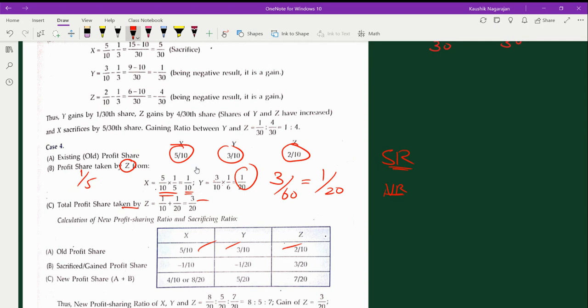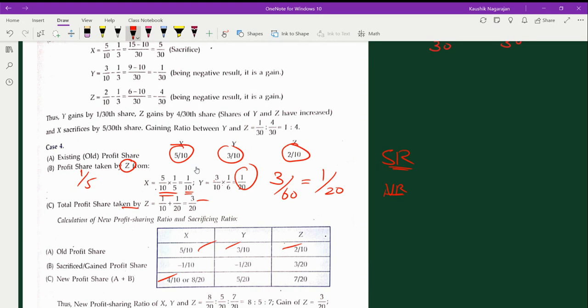So with respect to X, he has sacrificed, so that means minus. The sacrifice of X happens to be 1 by 10, the sacrifice of Y happens to be 1 by 20, and the gain of the partner Z is going to be 3 by 20. So when you take away 1 by 10 from 5 by 10, you will be getting 4 by 10, which is not a sacrifice, which is your